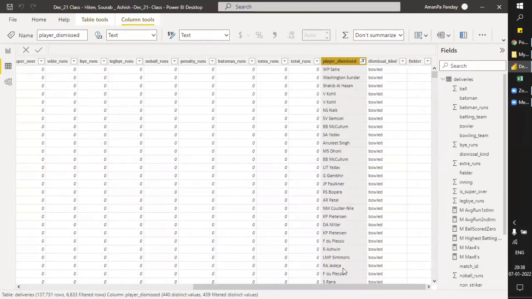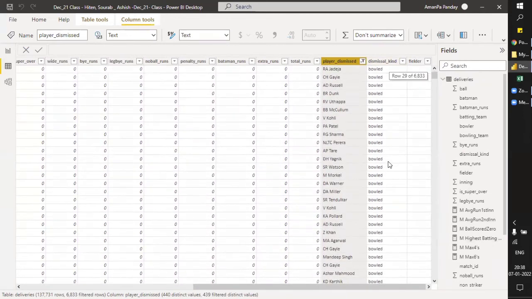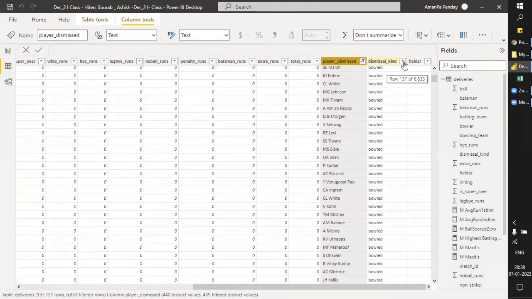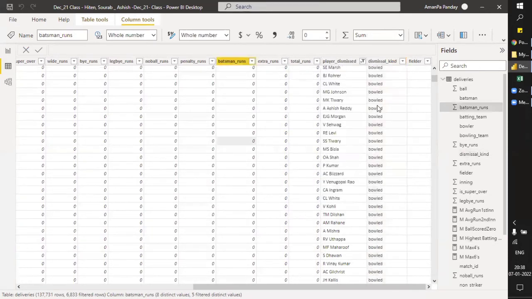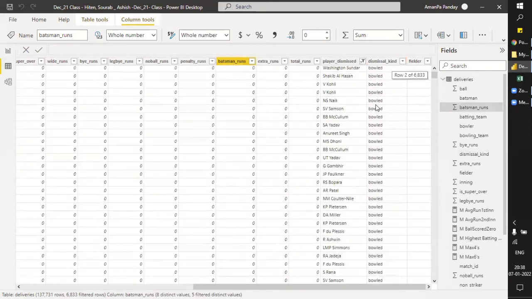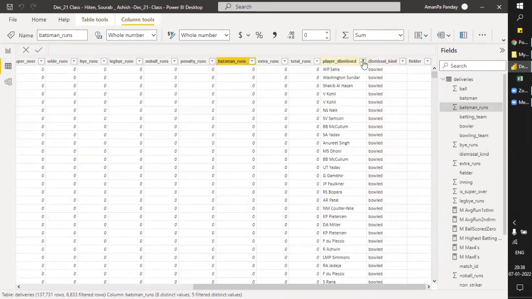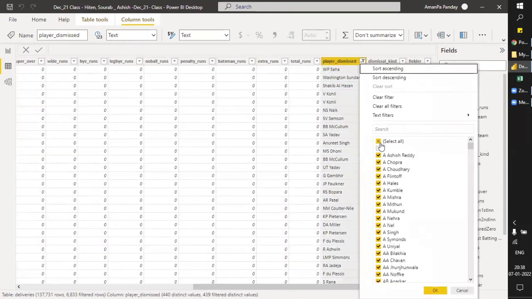You can see these are the players who got dismissed, and there is also a dismissal kind: they were bowled, or caught out, or caught behind, all these things. Run out, retired hurt. So we are counting this only, which players got dismissed.